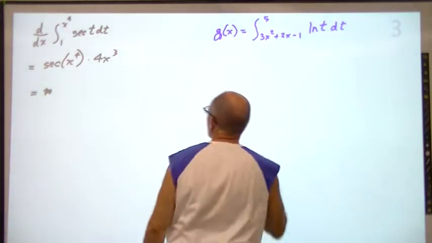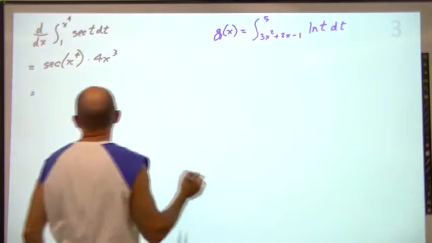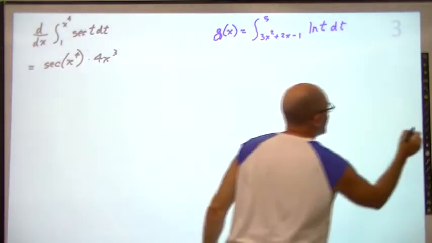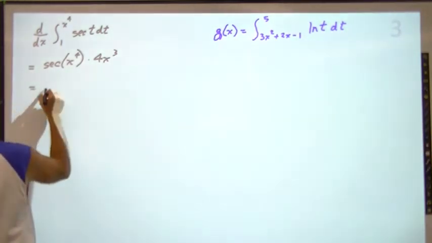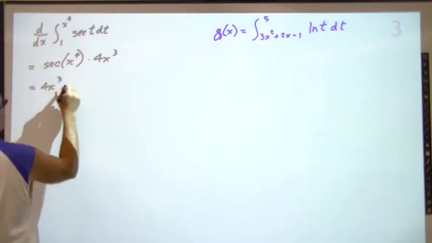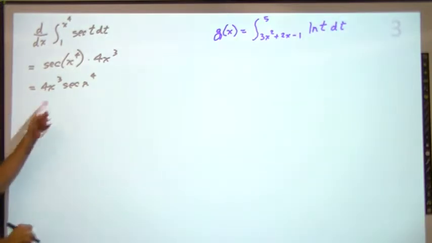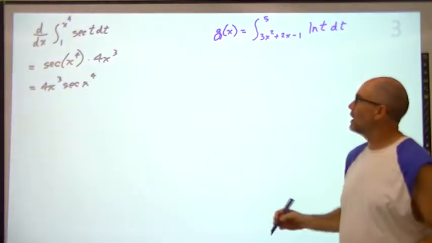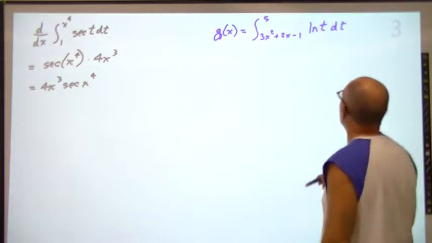Just to make it a little more clear what the answer is, I'd rather go 4x cubed times secant of x to the 4th as my final answer. Just so I know it's the secant is only of the x to the 4th and not the 4x cubed. Okay, so